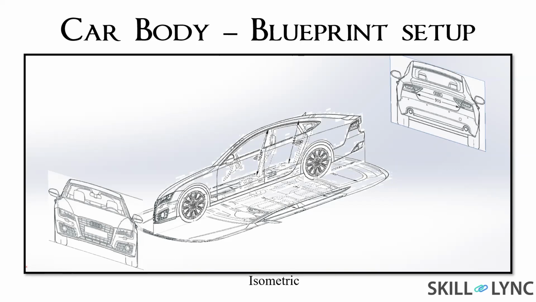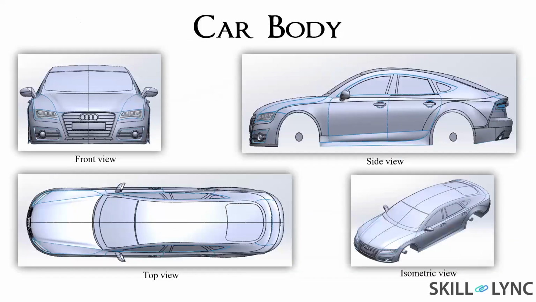So after the blueprints were set up, the car body was created, and it comprises mostly of the surfacing tools. I have used the maximum number of the surface tools, and some of them were created using solid modeling, like the front lights as you can see in the front view, and these parts that are used for the assembly later on to assemble the wheels with it. And some of the commands of the solid modeling were used, but mostly it's a surface model only.